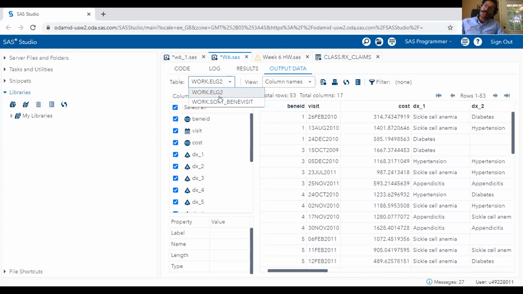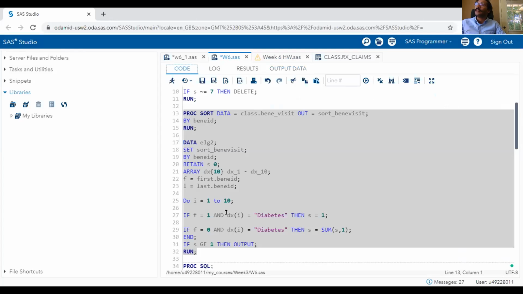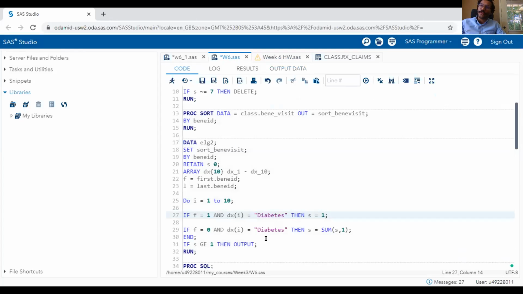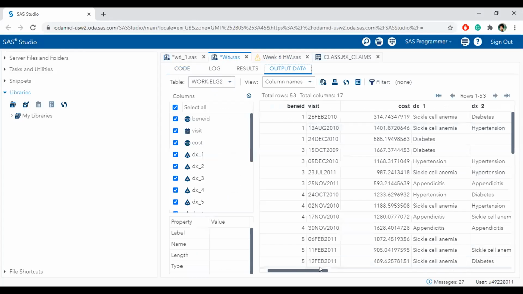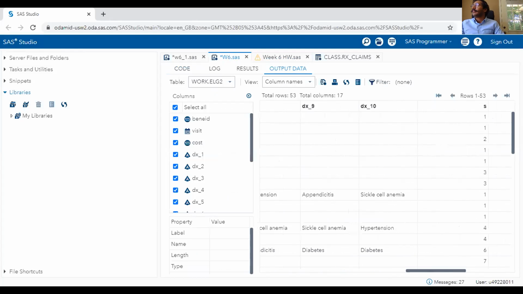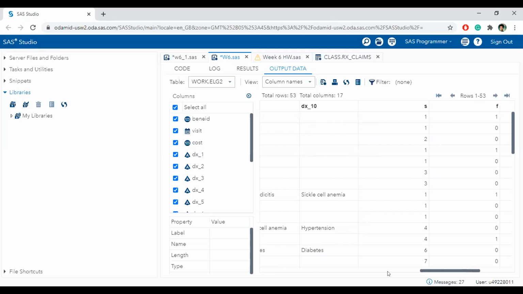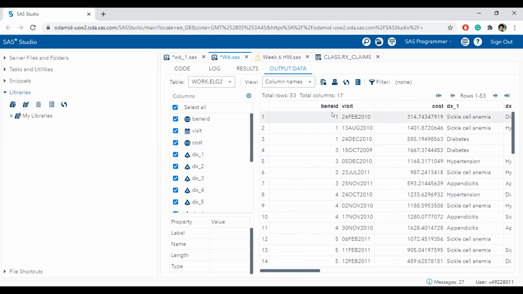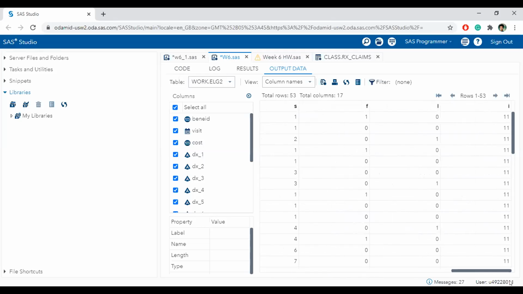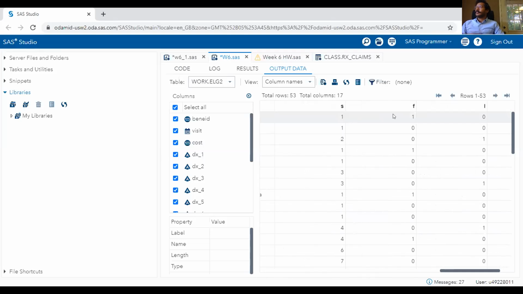Can you go back to the code, Shishir? I want to see what you did there. Can you walk us through what you've done with the first and last variables? I just used the idea that you have taught. I will show through my output. This is my output. If any Beni ID has diabetes, then it will sum up for F1.